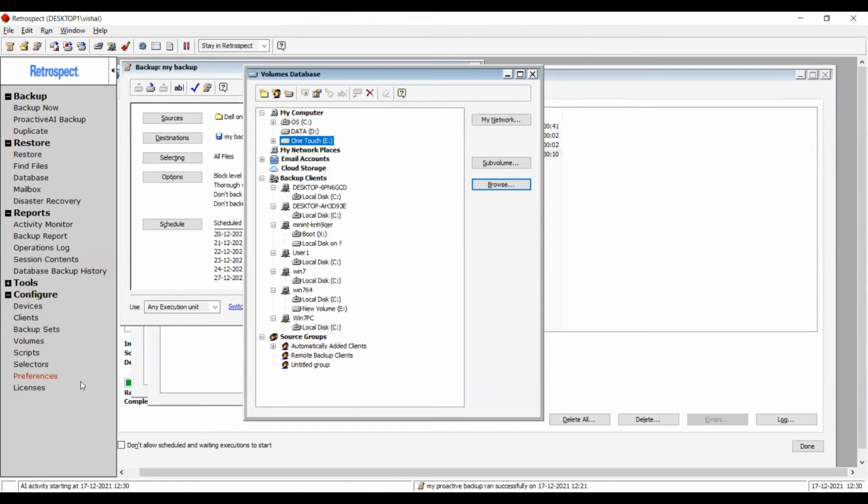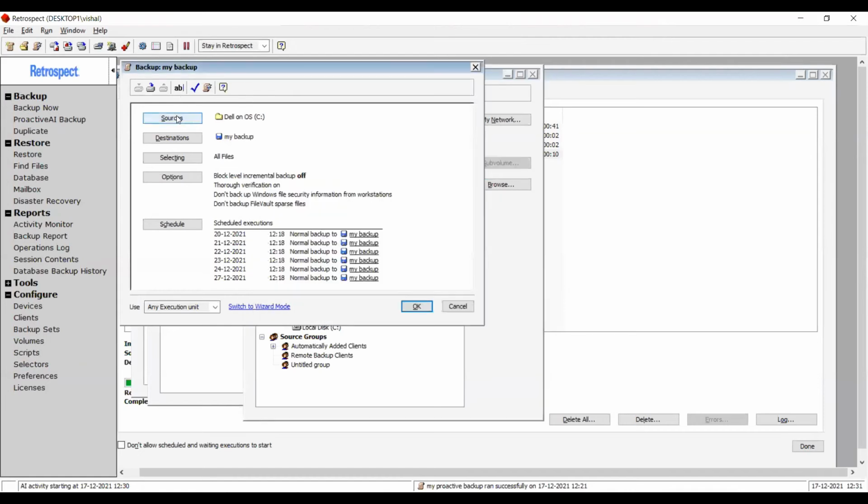And then I can use the available license for database backups for that particular. So it will be reducing one license from my available licenses for the database backups. There are different add-ons for the Exchange and SQL backups. In addition to your base application license, you can purchase that as an add-on license for SQL and Exchange backups. So once you use that, how you set up the backup is the same.